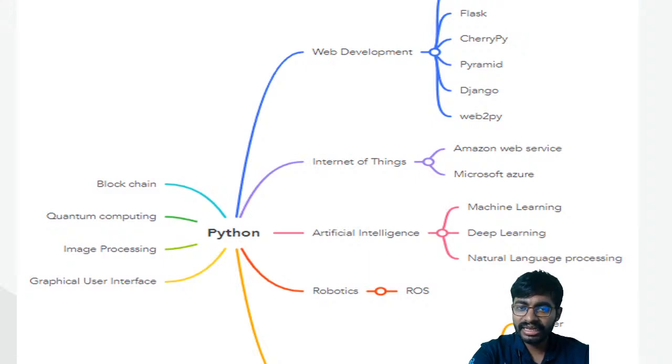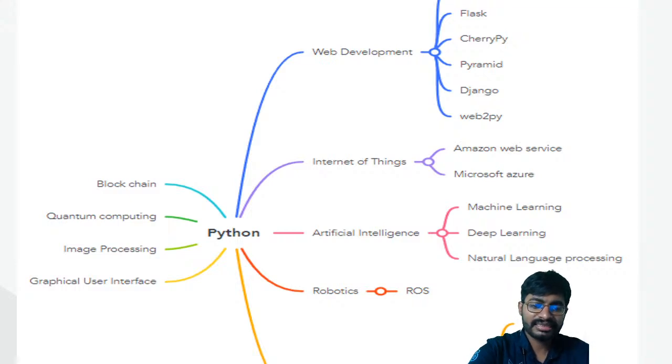Then the next technology like Internet of Things. So most commonly we can see that Amazon Web Service and Microsoft Azure are widely used kind of clouds. I am not saying these are the only clouds, but these clouds majorly support for AI as well as IoT purpose. So this IoT, rather than accessing with embedded C or C++, many of them have started to use through Python. Okay, so this Python oriented thing, how they have started to implement, we'll be able to know once we start with Python hardware procedures.